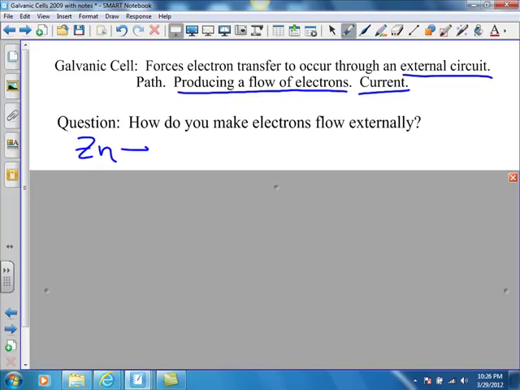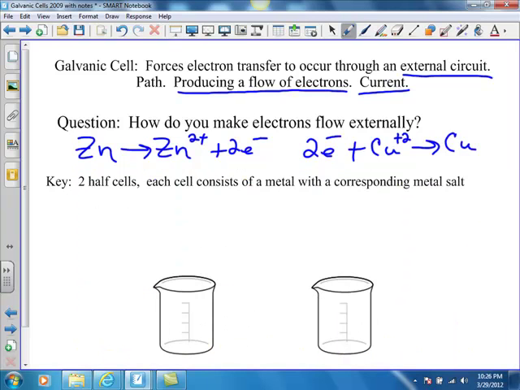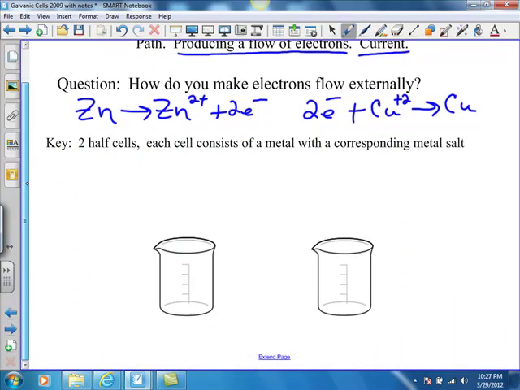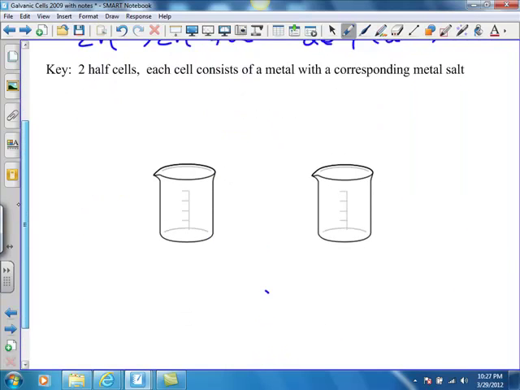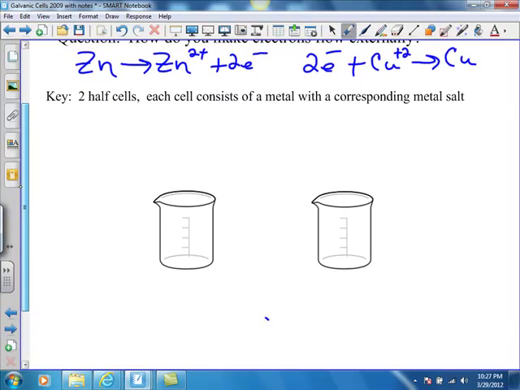The zinc needs to be able to give up its 2 electrons, and those 2 electrons need to be acquired by the copper. So that's the flow if you think about what has to happen. The zinc has to lose the electrons and the copper has to gain the electrons. And the key to all of this is, sorry, I'm going to jump up and I'll come back. The key to all of this